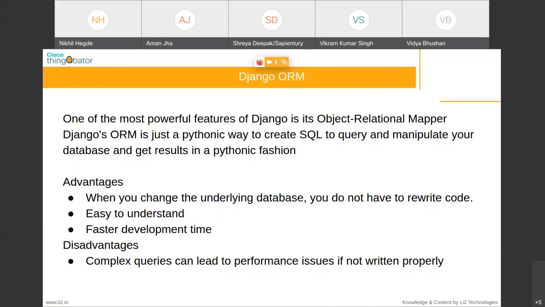And this can also affect your database performance, because in ORM, if you make some silly mistakes, you won't get to know, because you will be writing in ORM, and that will be internally converted to a SQL query by Django. So if you don't write the ORM queries properly, it will lead to huge performance issues, because your queries can take a lot more time than expected. So the main thing is you should know ORM perfectly. You should be a master in ORM, and then you can do anything inside Django. That's the only disadvantage.